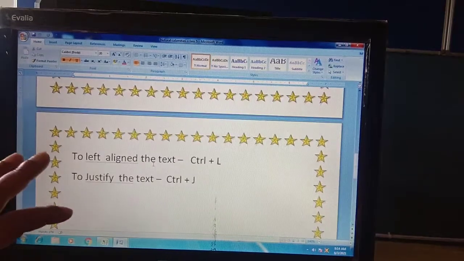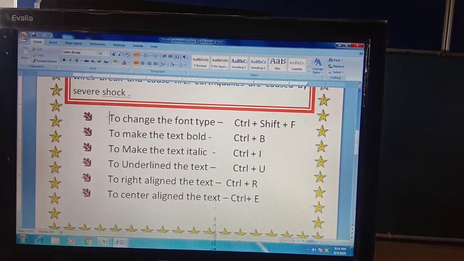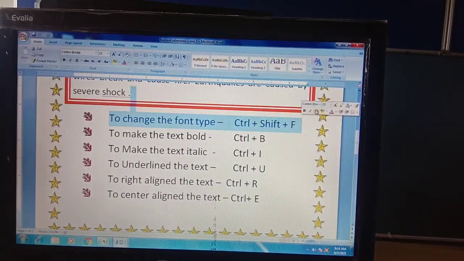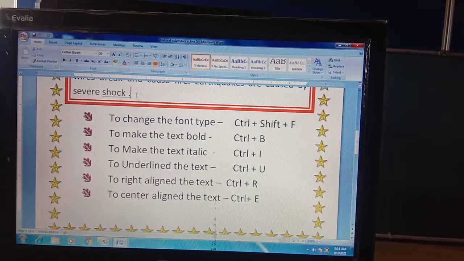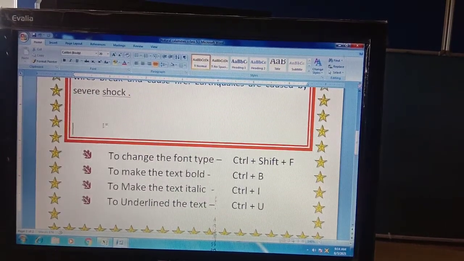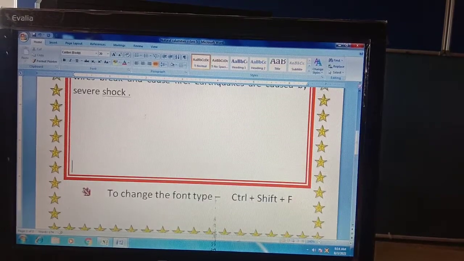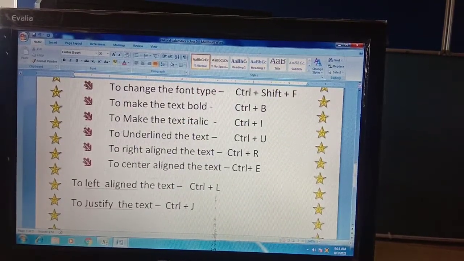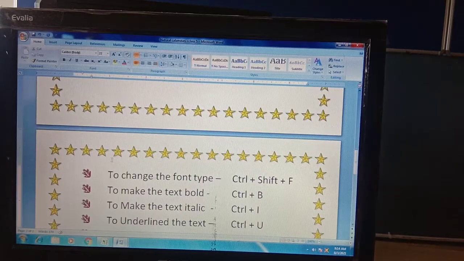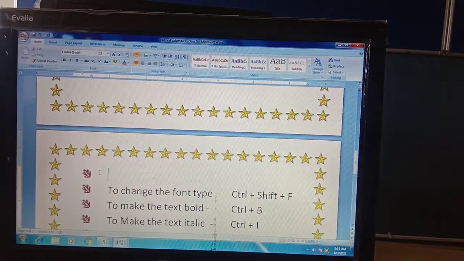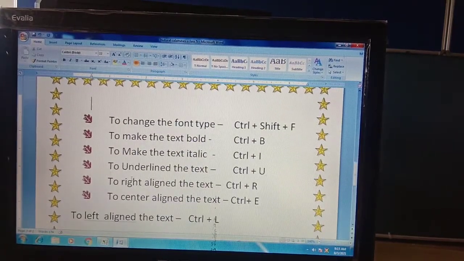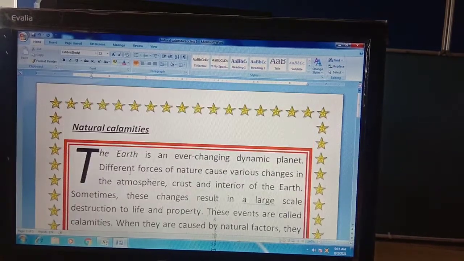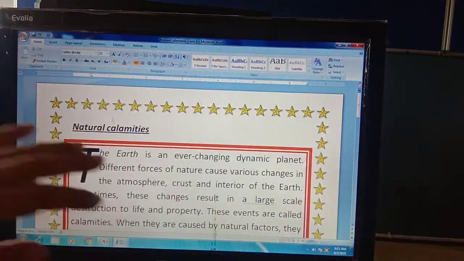Here there are 2 pages, which is very good for me because I can explain this to you very easily when there are 2 pages. So see students, this is your document. I had also made the page borders.